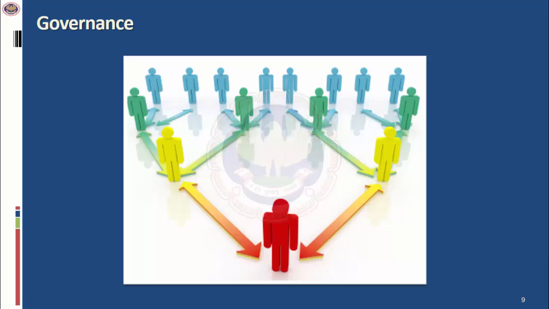Now, this slide should give you a perspective of what governance is all about. Who is doing governance and who is doing management? Generally, the top management is the one who is supposed to do the governance. Based on the governance, the CEO, CFO would be responsible for executing and implementing the action plan, and the operational part of it would be done by the lower level management or the operational management.